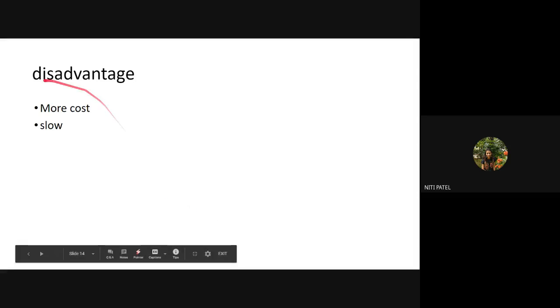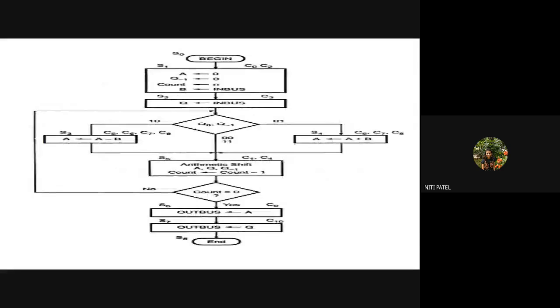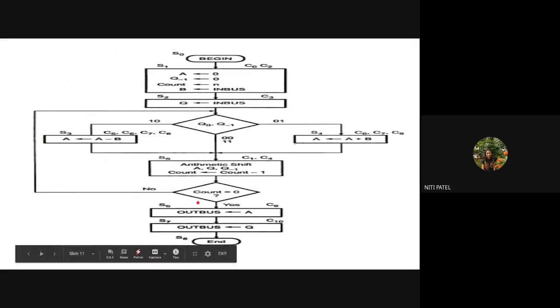What happens in hardware? Once you buy the hardware, you just have to start the working by maintaining such tables and so on. That is much faster. Maintaining tables is just writing the tables, which is easy. But why does your microprogram become slow? Because you are performing coding, and through that coding you are generating the signals. Whereas here, what was happening? You are simply naming the signals, and those signals are also generated automatically by the computer. You just have to maintain a record S1, C0, C2 for your operation.